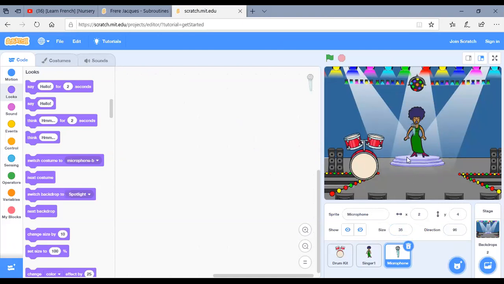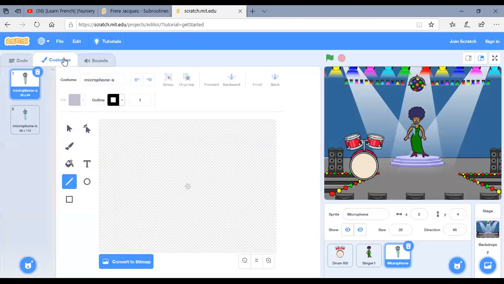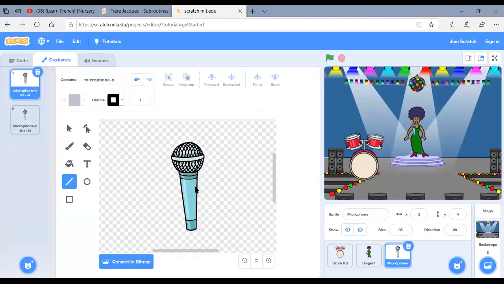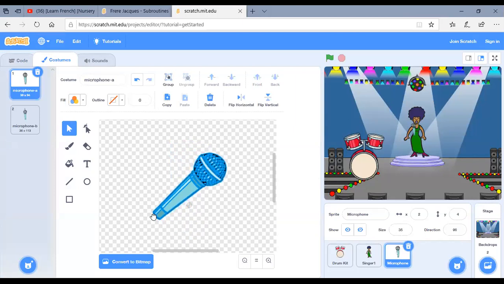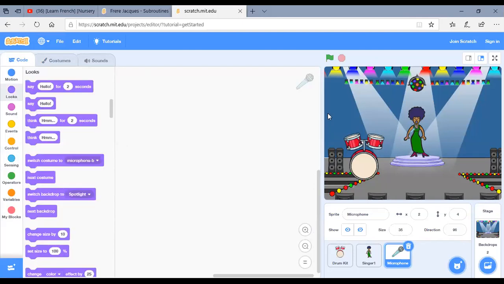So it looks like the microphone is actually floating in there. That's okay, right? If you want to have the microphone a bit slanted, of course you can go to costumes, select the entire costume, and change the angle of the costume, and then come back here.